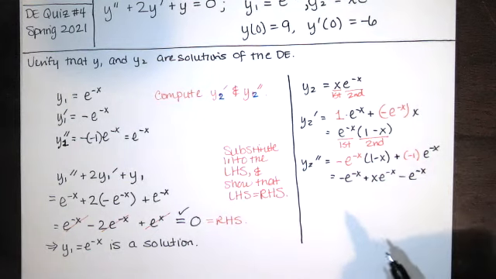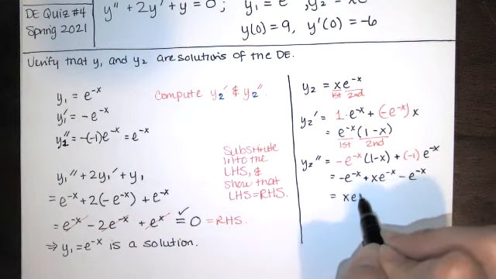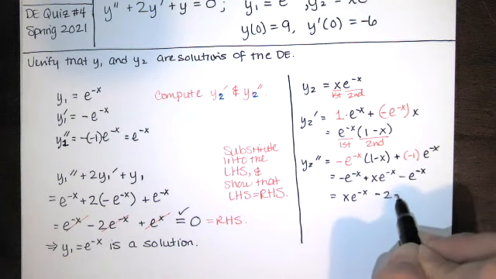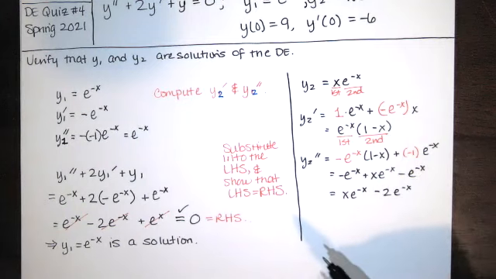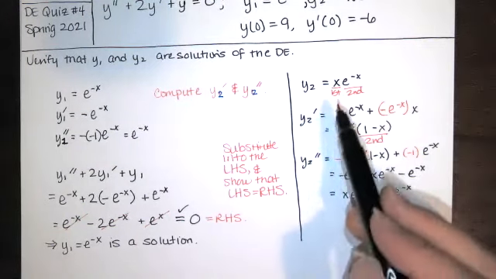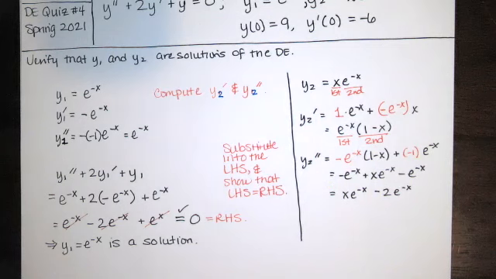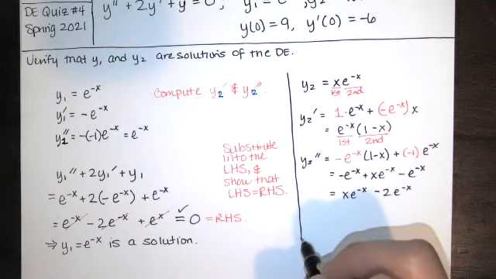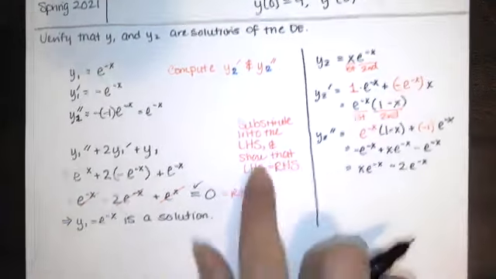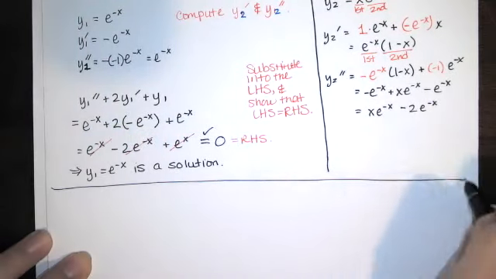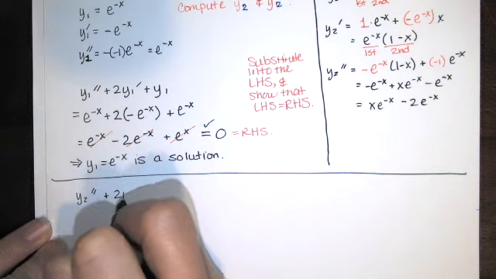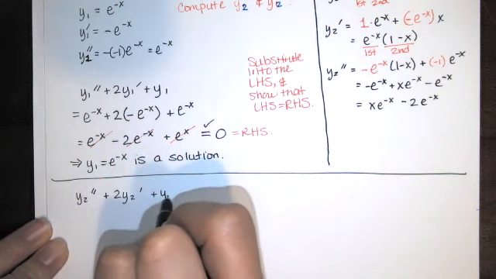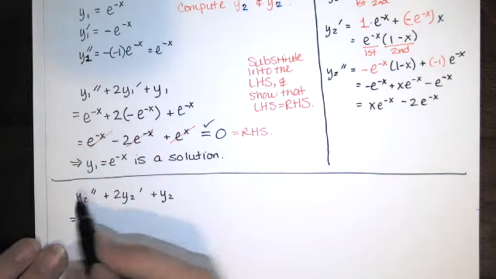And if you want, you could factor out the exponential, but I think it's probably better to leave this expanded. And I think I'm going to use the expanded form of y2 prime when I substitute into the differential equation as well. So now we're going to take these and substitute into the differential equation, much like we did with y1. So y2 double prime plus 2 times y2 prime plus y2 is equal to